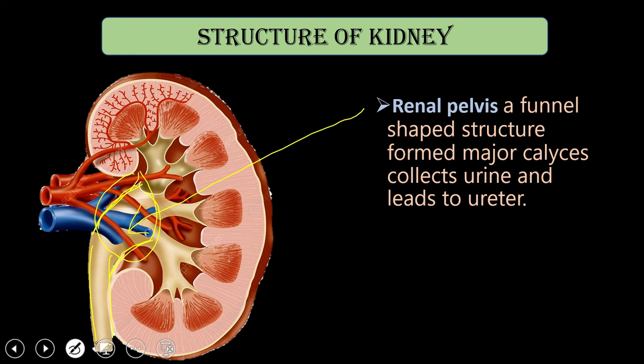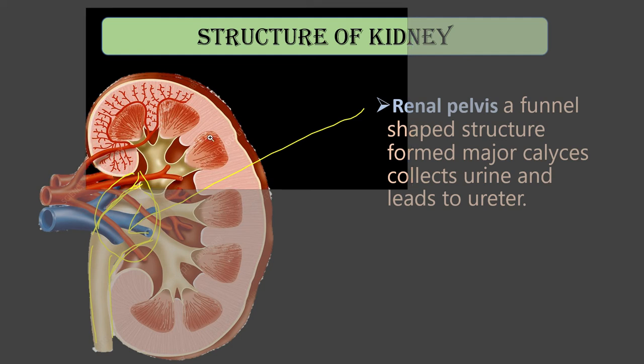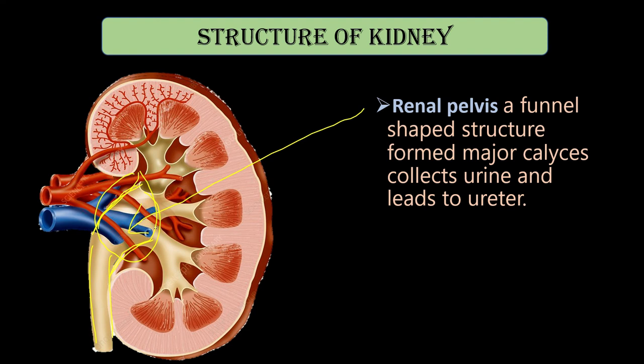So what is the passage of urine? Let's see the passage of urine, where it is formed and how it comes into the ureter. So you see here the Malpighian body is present in the cortex, which carries out the filtration. Then it comes into the loop of Henle, DCT and collecting duct. The collecting duct opens into the papillary region where the duct of Bellini is. So from the loop of Henle, DCT, duct of Bellini, it comes to the minor calyx, major calyx, then renal pelvis, and renal pelvis to the ureter.